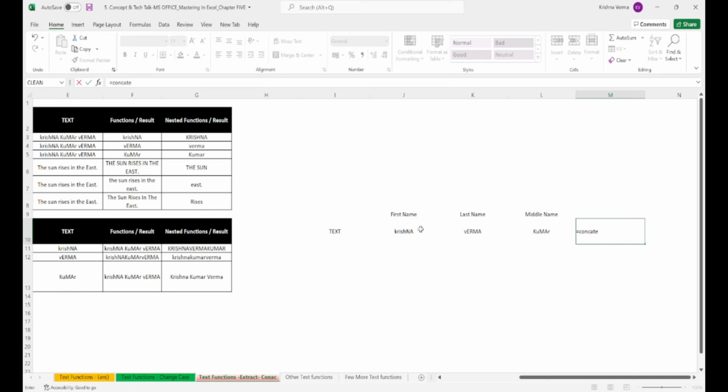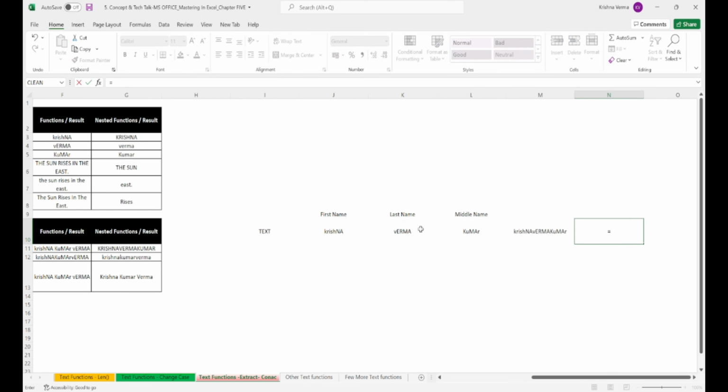I'm just giving you another example, concat, and I'll just say it like this. Okay, I selected the range here, so it added, but it is not allowing me to add anything else in this space as the trailing character, right? So I can use another variation of it, like